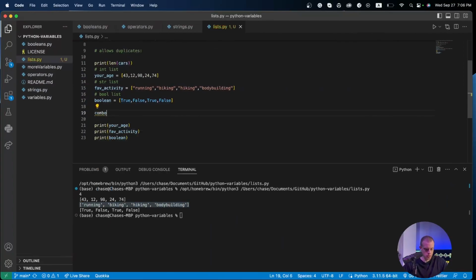A combo list equals square brackets, and then from here we can put a combination. We can put age 12. We can then put double quotes, hiking, true, back to our age, let's say 74, and then we can put running, and so on and so forth. But with this, it allows us to combine it. And now we're going to print this